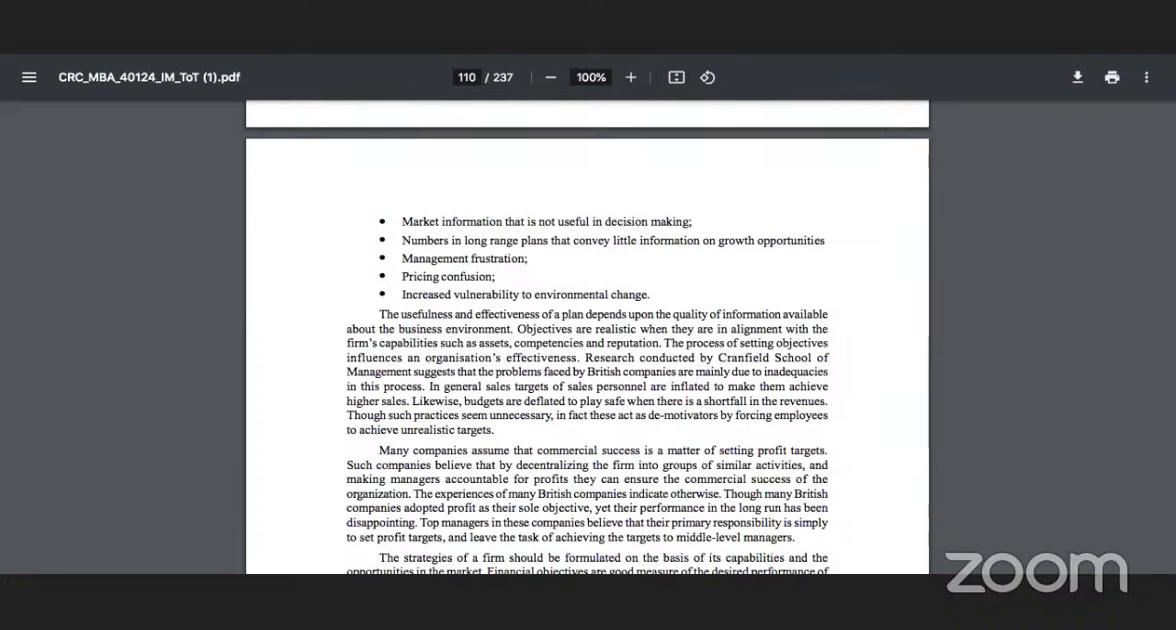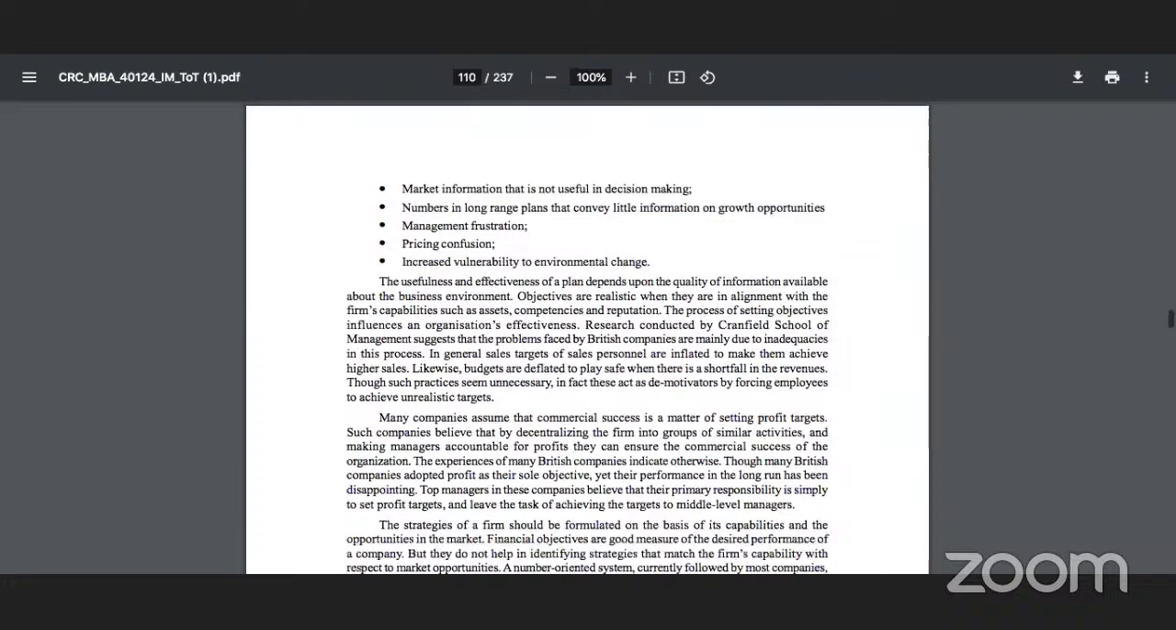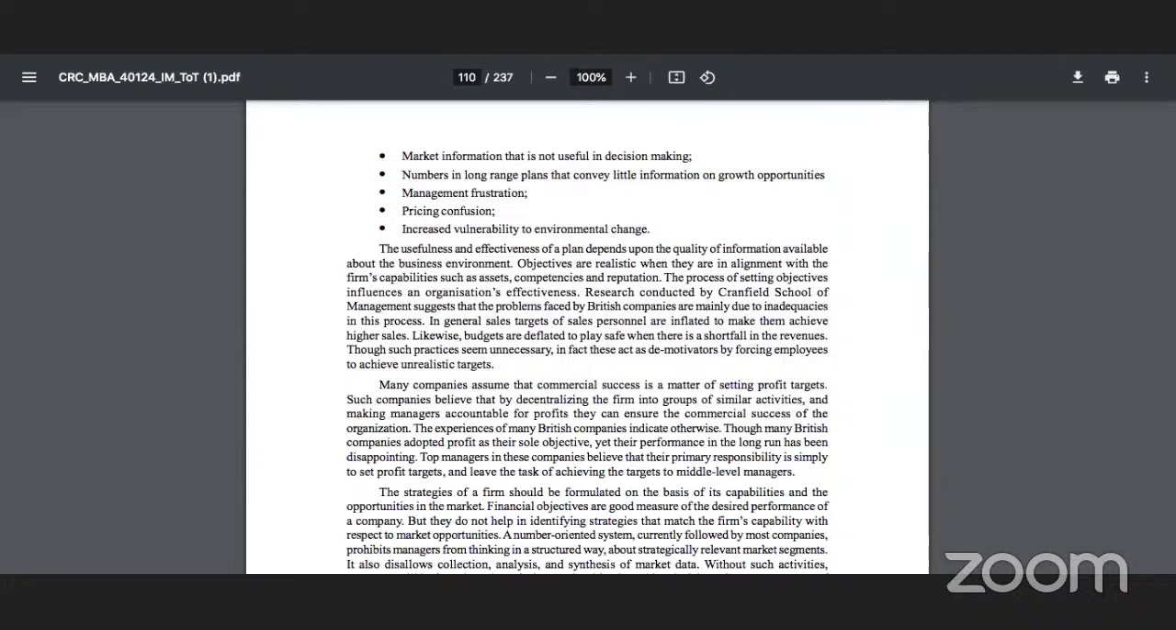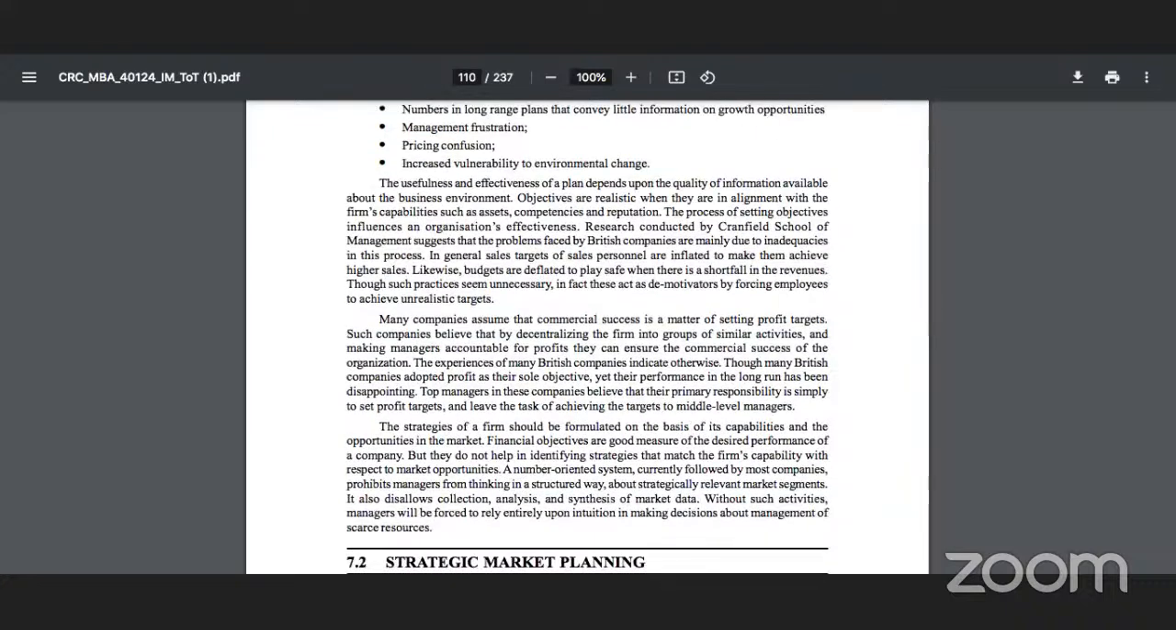If we were to look at the usefulness and effectiveness of a plan, we need to understand it depends upon the quality of information available. And what is this information all about? It is about the business environment. When we talk in terms of business environment, like we have already spoken in the past, we need to understand that this consists of both the macro environment, that is external to the company, and the micro environment, which is internal to the company. So objectives have to be realistic because they need to be aligned with the firm's capabilities,